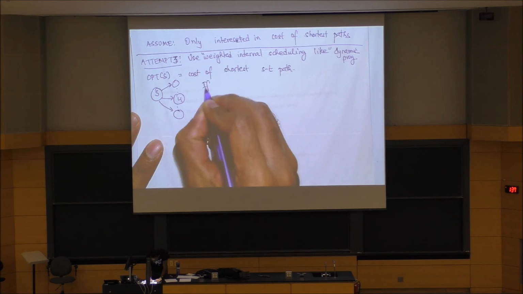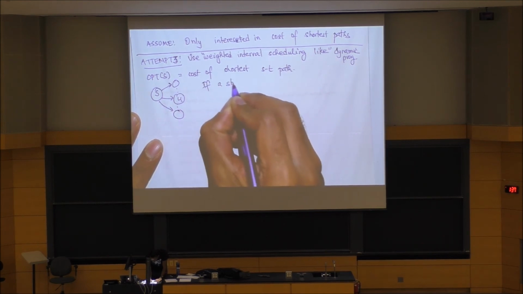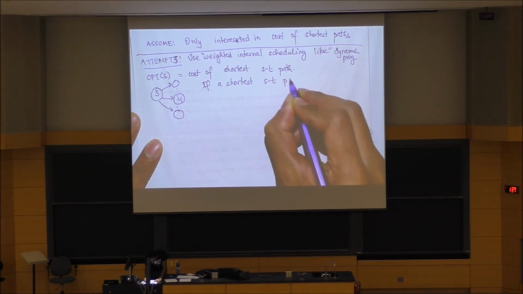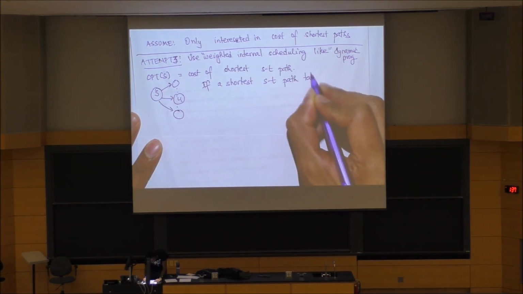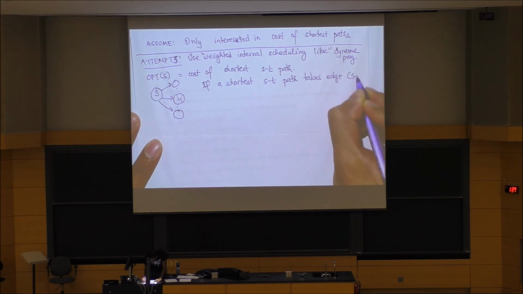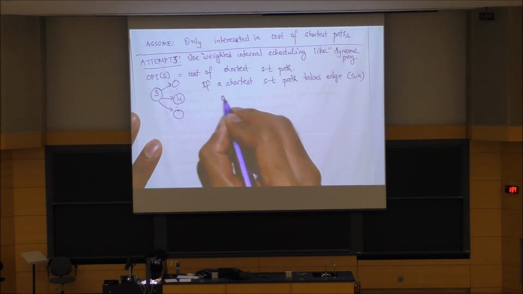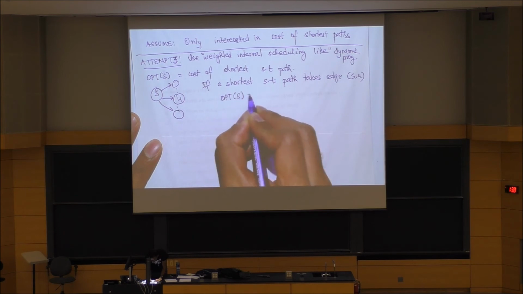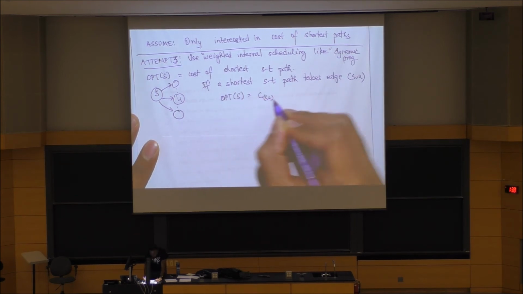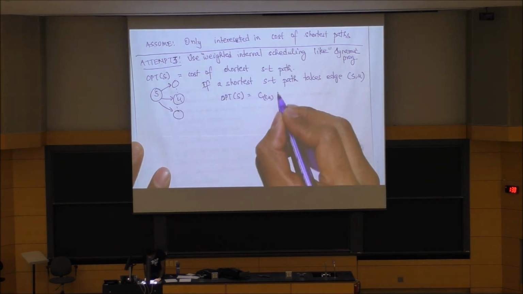So if the shortest S-T path takes edge S to U, then we do know that the cost of the shortest S-T path is the same as the cost of the edge from S to U